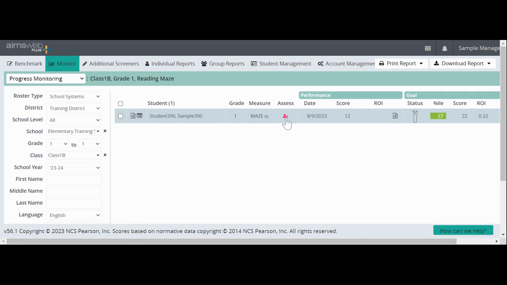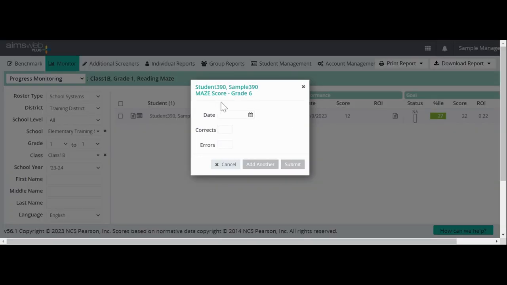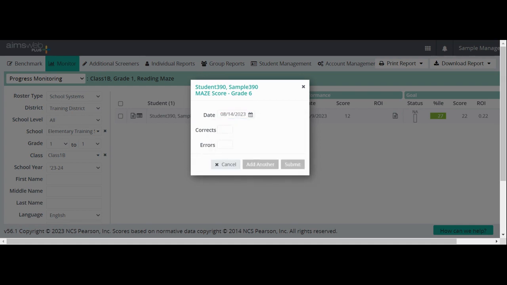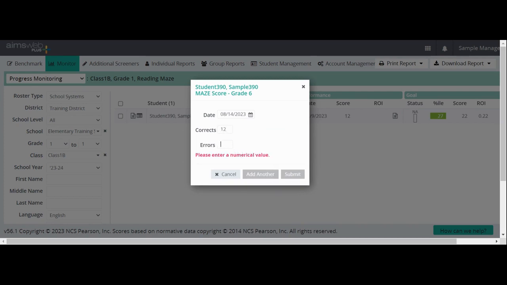So you're going to click the Assess button, and then you are going to put in the date that the student took the test. The nice thing here is if you missed putting in last week's test, you can still do so. This week is the week of August 27th, and I am putting in last week's test and the week before. So I need to make sure to click the 14th when I put that score in. Then I'm going to put the number of correct, let's say it was 12, and the number of errors,